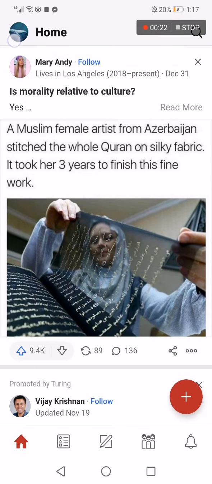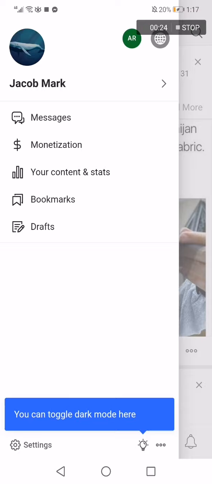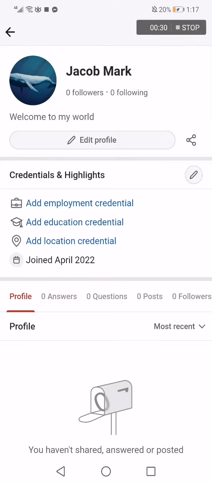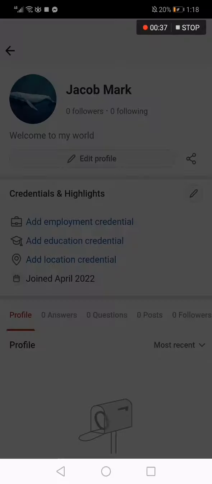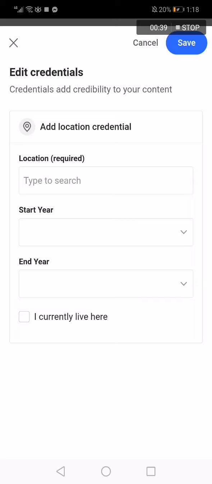Now go to the top corner and click on your profile picture. Now click again on your profile picture like this and it will take you to this page. Now on this page you will find the add location option. Just click on it like this and choose your location easy and fast from here, and after you finish just